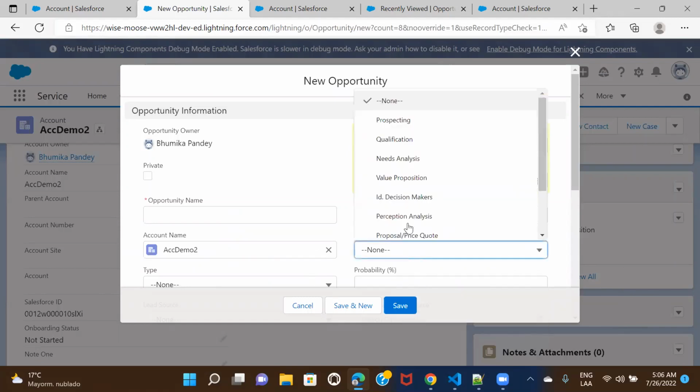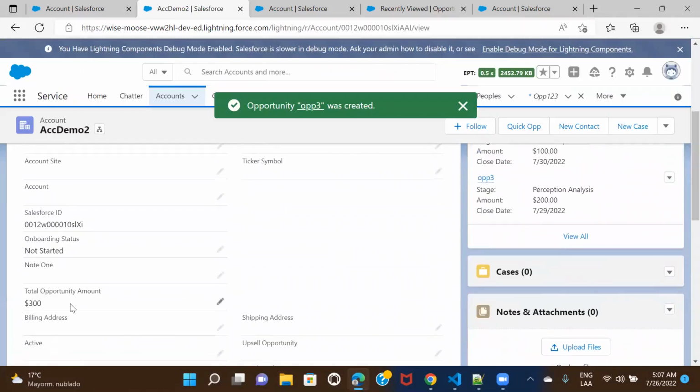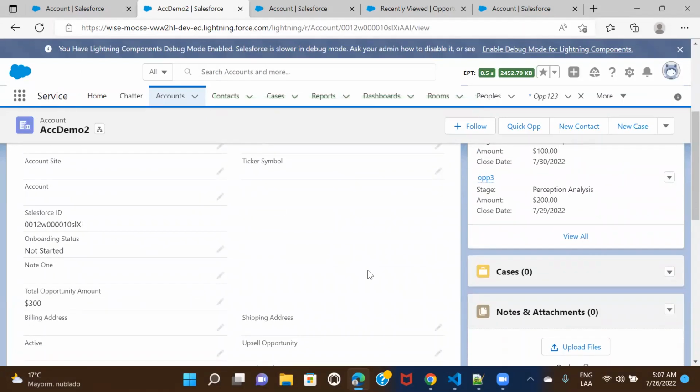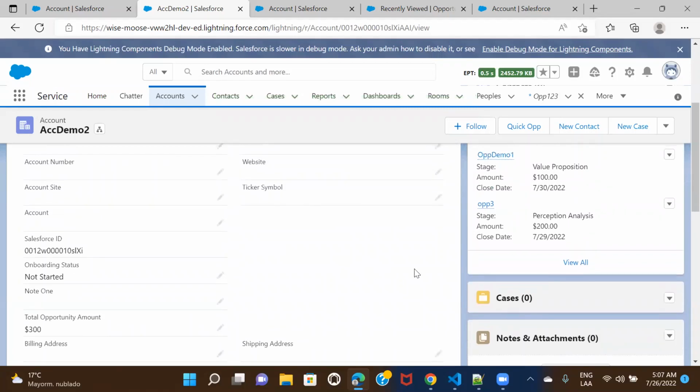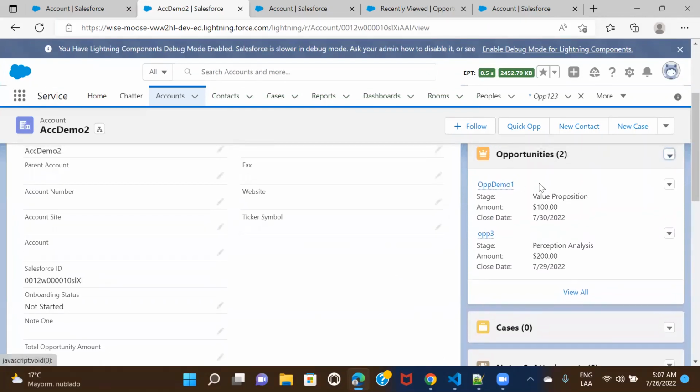Okay, opportunity save. Okay, 300. So this is how you can basically do a cross object updation. Because here if you see we have written the trigger on the opportunity, and on opportunity insert and update, what we are doing is we are updating the account, right? We are writing the trigger on one object, but we are updating record of a different object, right? Cross object updation. Okay, so now let's just move forward and see what was the third